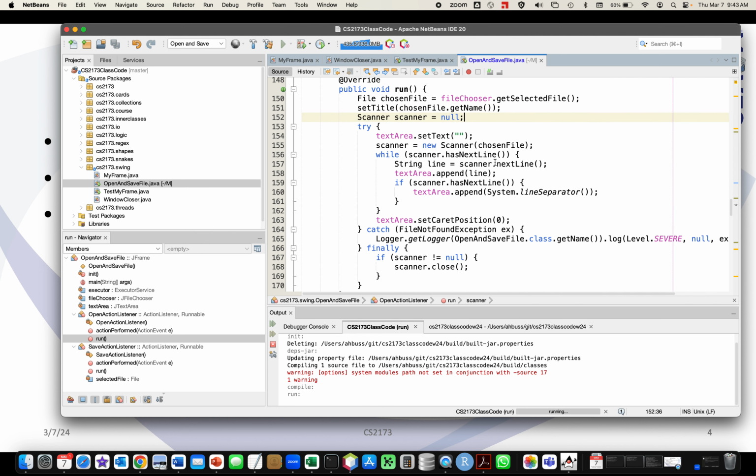Now this is the scanner part, which we're used to, but here's what I need to do, if you're not careful. If I don't do anything, the text area has everything that was in it before. It would be nice if they had a clear method. They don't. What I can do is start by setting the text to the empty string, and that clears out the text area. Now I instantiate my scanner with that chosen file. It throws a file not found exception, but that will never actually happen because I've selected a file. The file is right there. The only thing that can go wrong is if I'm not allowed to read the file. So I'm reading it line by line, and then I'm appending the line, and then just one last little thing. For every line, I'm appending